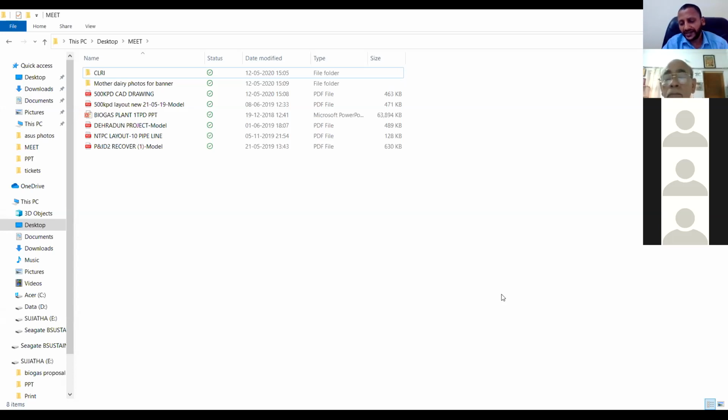The biogas plant size can be from a minimum of 0.5 cubic meter. We are giving domestic biogas plants also, with the minimum scale of 0.5 cubic meter, up to 260 tons. It can be any capacity. But the only thing is, based on the availability of raw material in a radius of 25 to 50 kilometers, you have to determine the plant capacity.